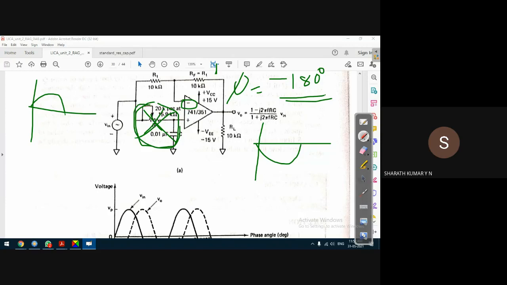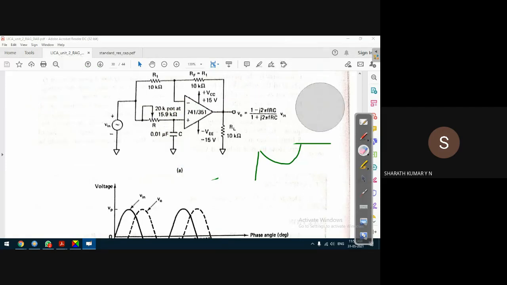Whereas this RC network now introduces some delay or phase angle, such that this network is no more just an inverting amplifier. Why? Because it is a difference amplifier. Ideally, observe this: what is the difference of these two voltages? Zero. Input voltage is applied to both networks, here V in and here also V in. The difference of these two should be zero, that is, VD should be equal to 0. V out should also be equal to 0, ideally.